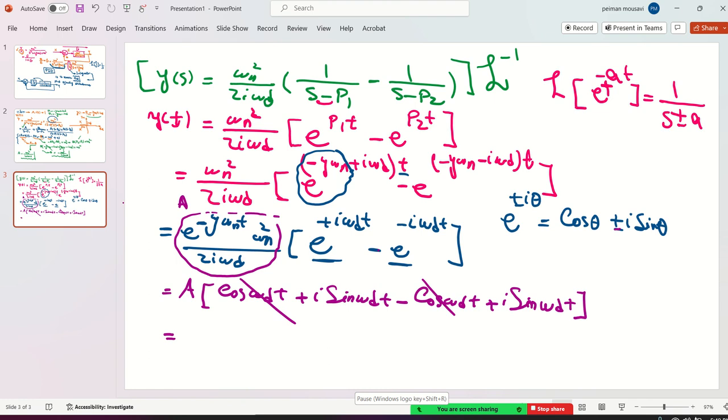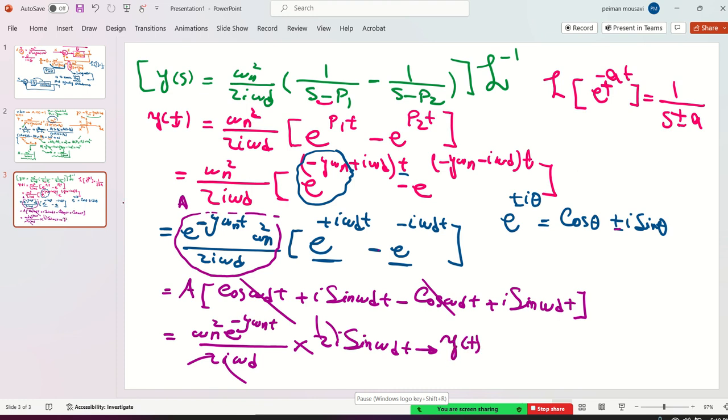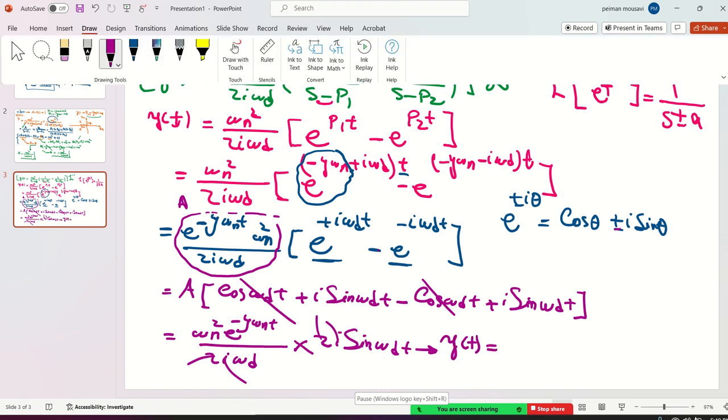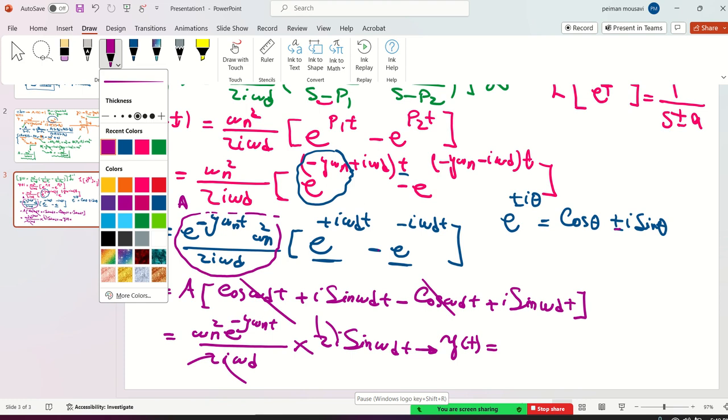So I'm writing everything now. Omega n squared e to the minus zeta omega n t divided by i omega d multiplied by 2i sine omega d t. This i with this i goes to Denver. This 2 with this 2 goes to LA. So y of t, when you have underdamped system and your input is impulse, is going to be, sorry guys,